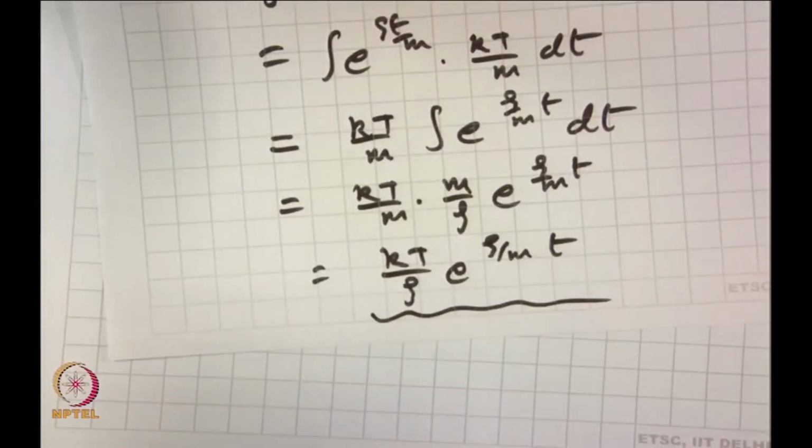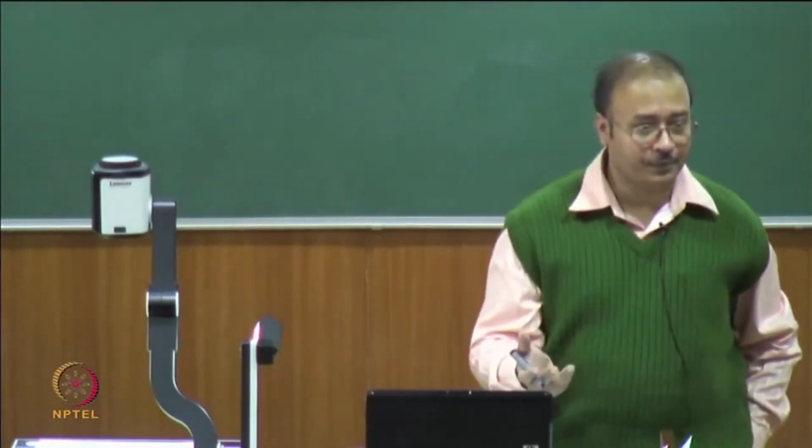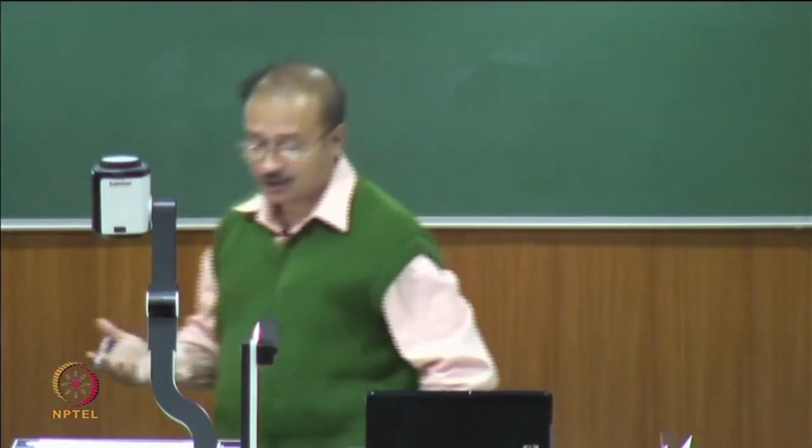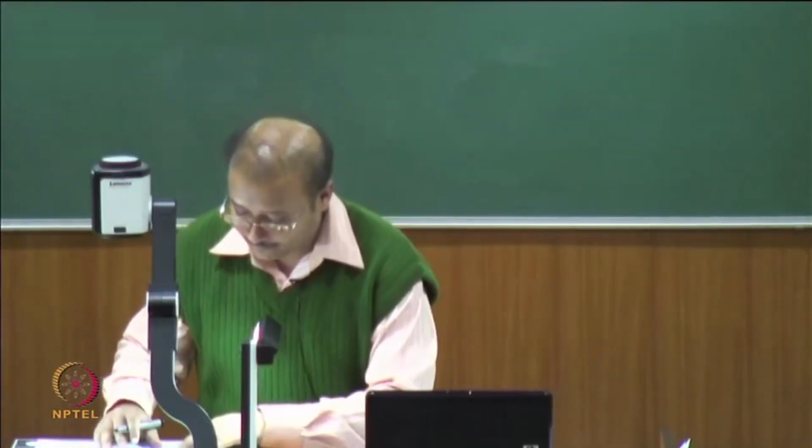Now, look at this. When you are talking about a diffusion or when you are talking about displacement, it will be related to how fast or how slow it can diffuse. So, again it is logical that I get something which is kT by xi, which is what? My diffusion coefficient again. Okay. So, see this again crops up. Okay. So, looking for the final solution, I should be having